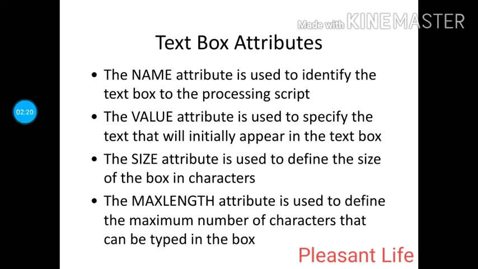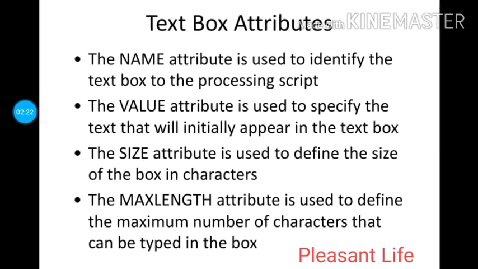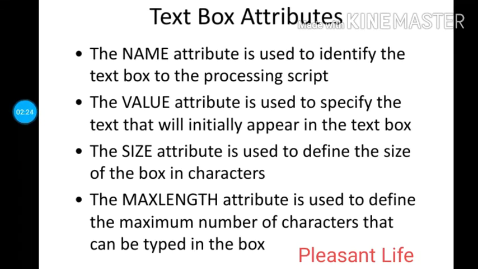Then text box attributes that contain name, value, size, max length. What is the name attribute? The name attribute is used to identify the text box to the processing script. Then the value attribute is used to specify the text that will initially appear in the text box.